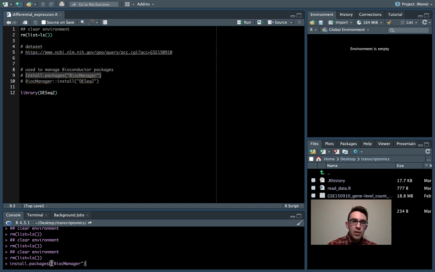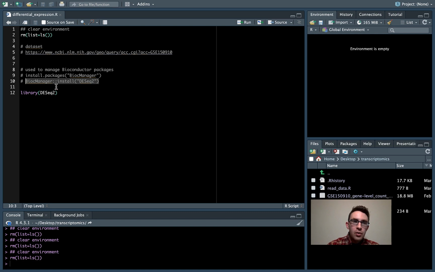I'm going to just run that in the prompt down there. And that's going to install this thing called BiocManager, which is basically like a package manager for Bioconductor. Bioconductor has a lot of different bioinformatics related packages and lets you install them in R pretty easily. So you're going to run that command first, and then next you're going to say